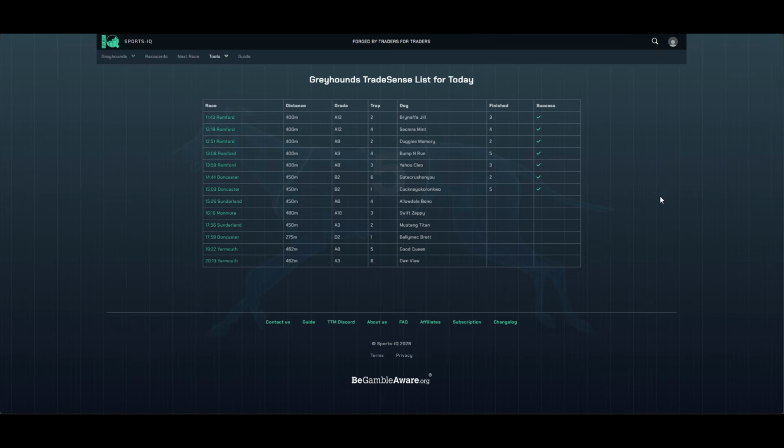The software does the hard work. It identifies the candidates, builds the shortlist, tracks the results and presents everything in one place. Your job is simply to decide how you want to use that information. Trade it, lay it, analyse it,